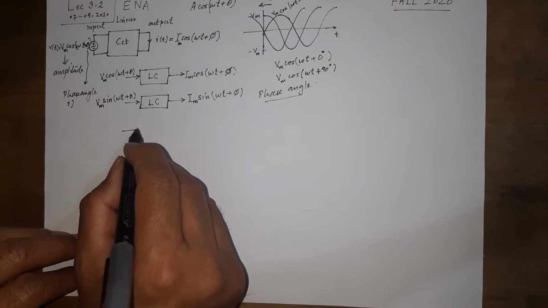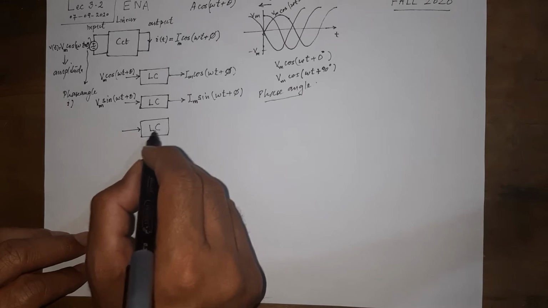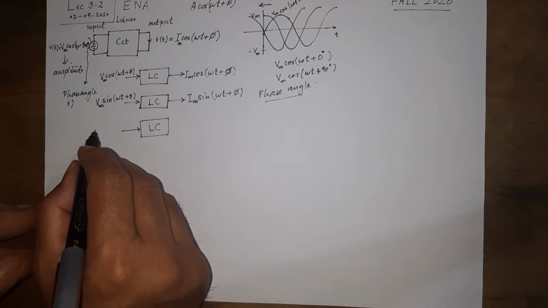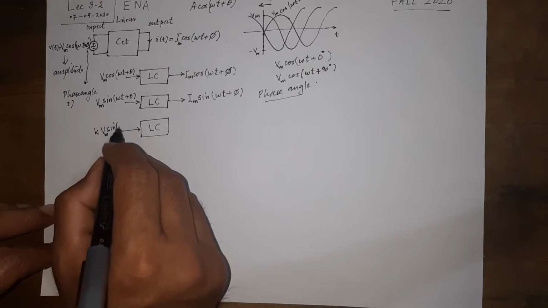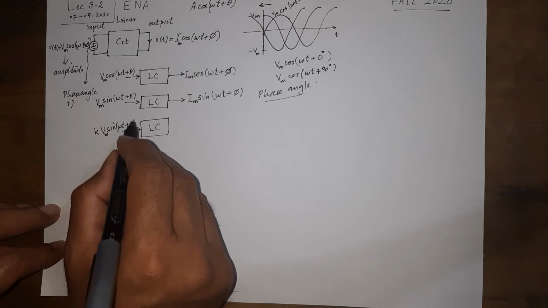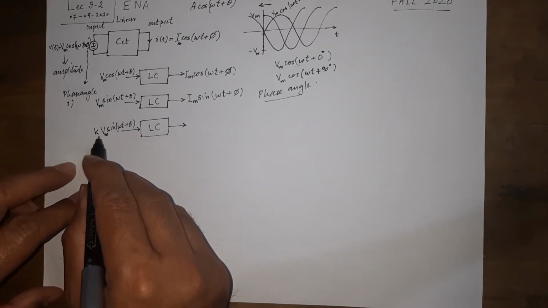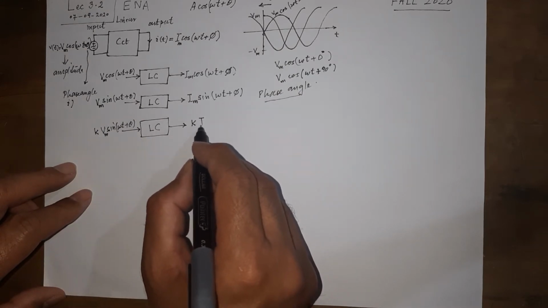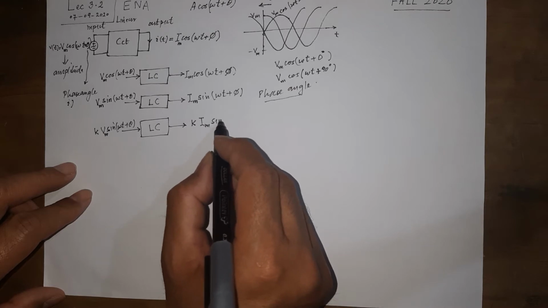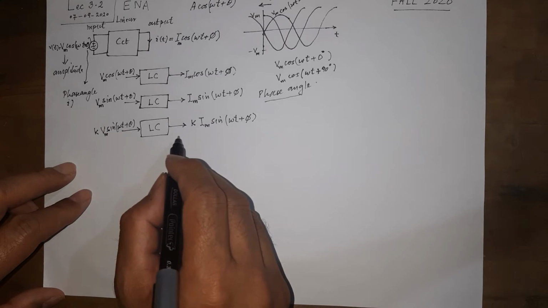Okay, now I ask you another question. If we change the input a little again, say I multiply it by some constant, what will be the output now? Input multiplied by the constant, output is going to be multiplied by the same constant. We have learned something that tells us this.